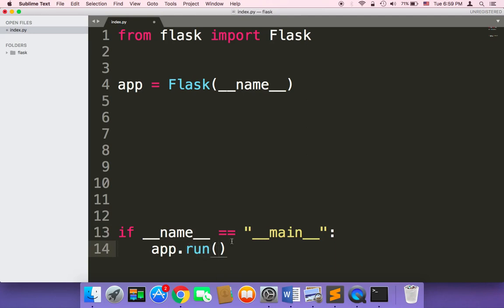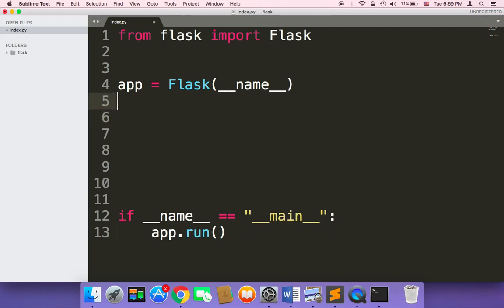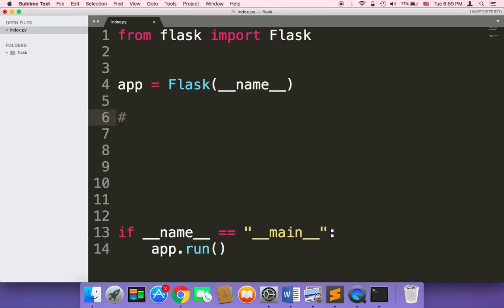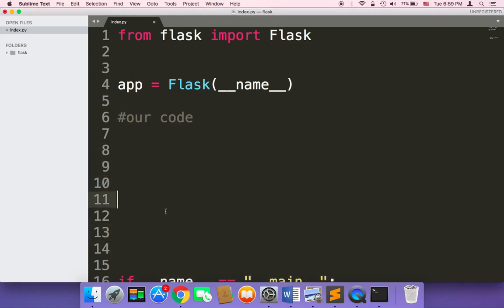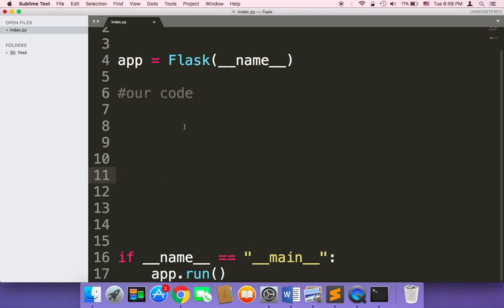That's it. And in between here goes our code. So here, our code. We create an object, we make sure that the name is equal to main, and then we run our application, and here in between we type our logic, our code. So the first thing that we need to do in order to work with Flask, you need to know two